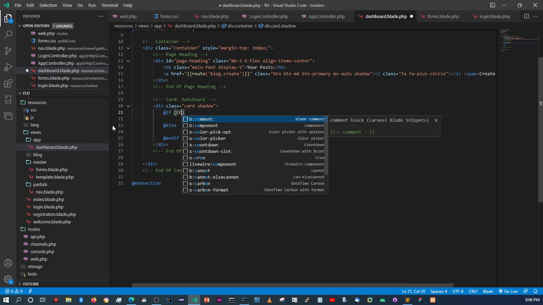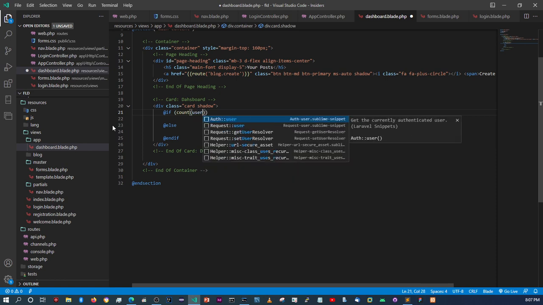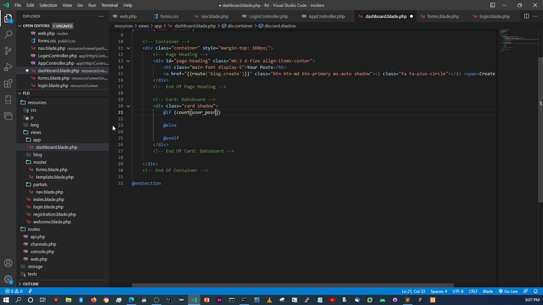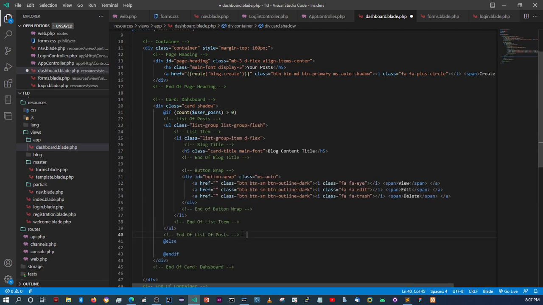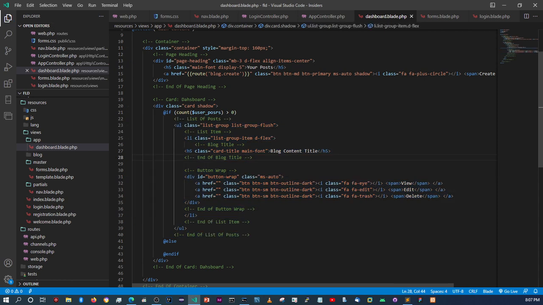We will say count user posts. Got the diamond sign here, right? If it's greater than 0, we will then display the user's posts, right? So we will put in the list of the user's posts, and otherwise, if they don't have any